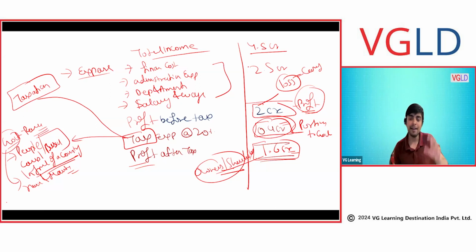No, no. When we have loss, we don't have to pay taxes. Government is not that bad that it takes money from you even if you have loss. Ideally, 2 crore is a positive number. If it is a positive number, government takes away the money. So with the same logic, if it is a loss, a negative number, government would be paying us. But no, government doesn't pay us, and government obviously doesn't take tax from us.